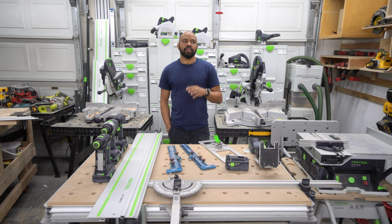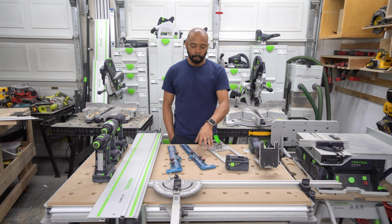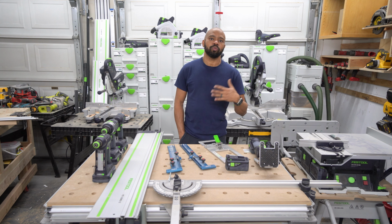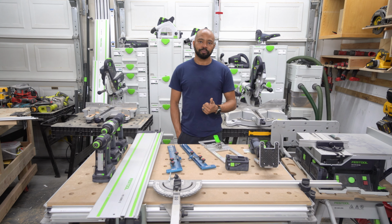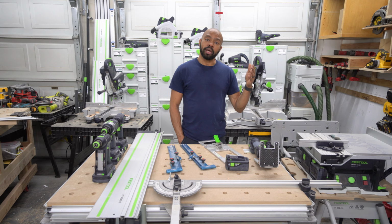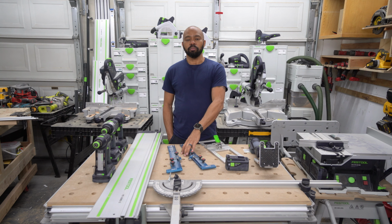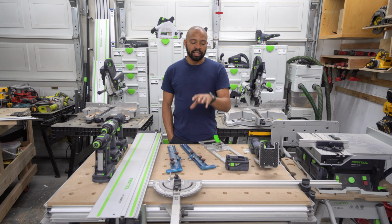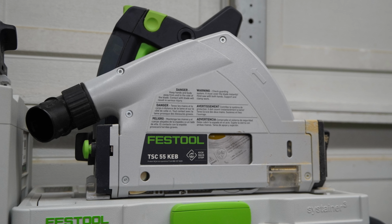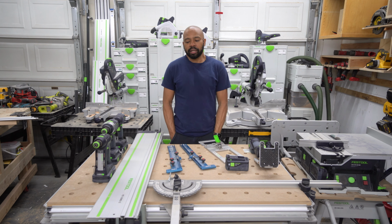And once I did that, then of course my eyes turned towards what you see here, and this is the Festool MFT. And this also brings another level to your track saw game. And Makita did not make one. None of the other brands make an MFT such as this. Now, of course, you can go and make your own MFT, but once I decided to go ahead and buckle down and get this Festool MFT, it was at that time that I went ahead and I picked up the Festool KEB track saw here, and I picked them up all at the same time, and that was simply because